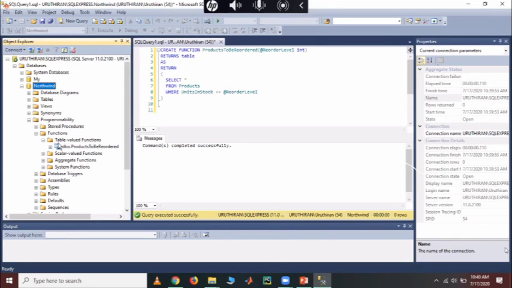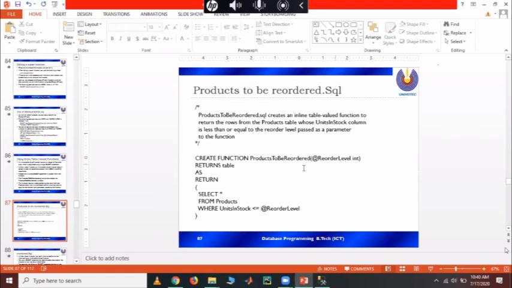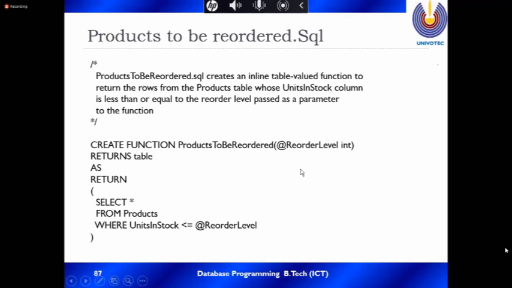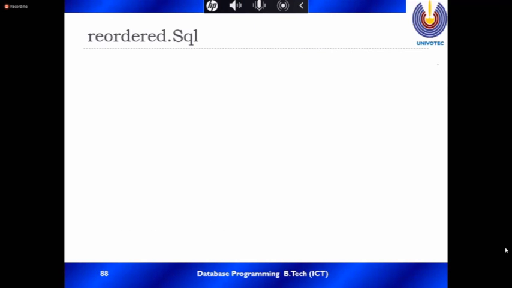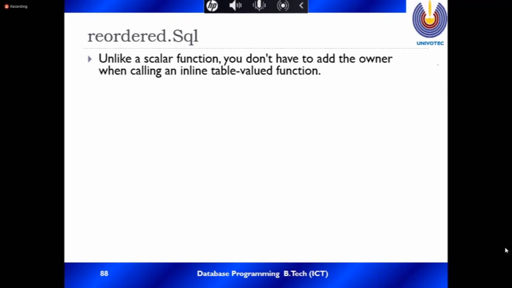Now the function is here, product to be reordered.